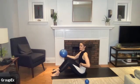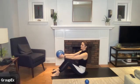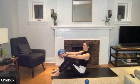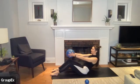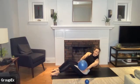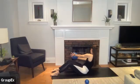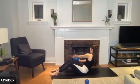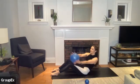We're gonna hinge back. So hinging from the hips, so we're not coming into a C curve like this. We are keeping our spine straight and hinging back. From here, we twist to the left, through center, twist to the right. Good, twist and twist. I want you to keep pressing in on the ball,